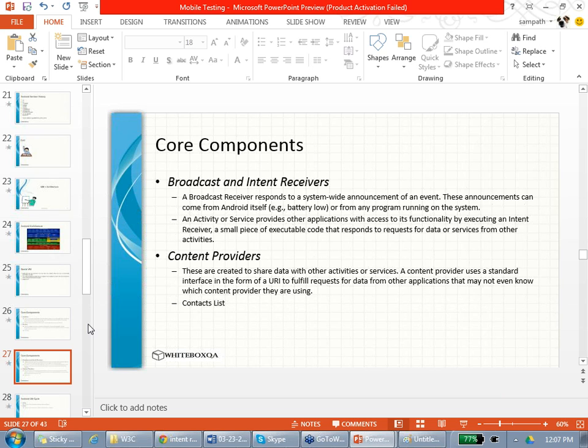Yes, that might be an intent receiver too. Whatever you are giving, someone else is also interested in receiving that. Whatever you are doing, someone else may be interested in that. That is an intent receiver. And content providers are the information in your phone: your images, your photos, your contacts. Agreed? Your notes. All this is content providers. They are pure data. Someone wants to use it for some other purpose. For example, will the Vonage phone app ask you to create new contacts? No. It will use your phone contacts, so it is using the contacts content provider.